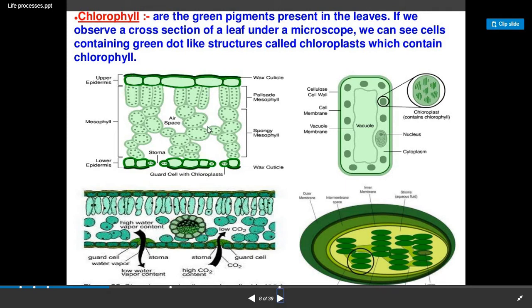So here you can observe the cross section of the leaf. If we take each and every particular cell and enlarge the view, so here is the view, that is how each cell looks, and here the chloroplast is present. Now what is this chloroplast? It is the cell organelle which contains the chlorophyll pigment. Here the stomata are shown and here the chloroplast structure. Now we will study one by one each of these structures.